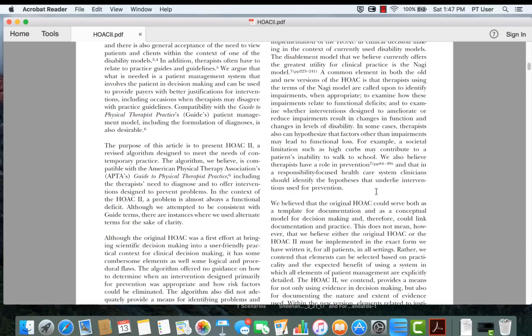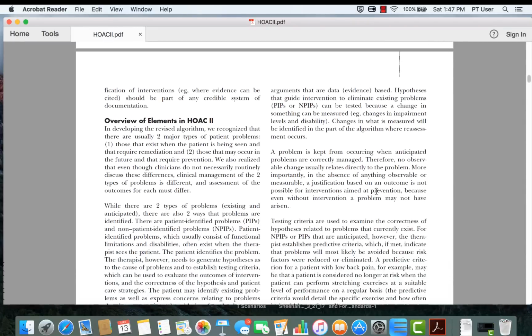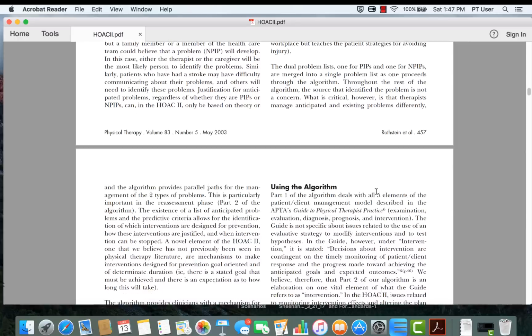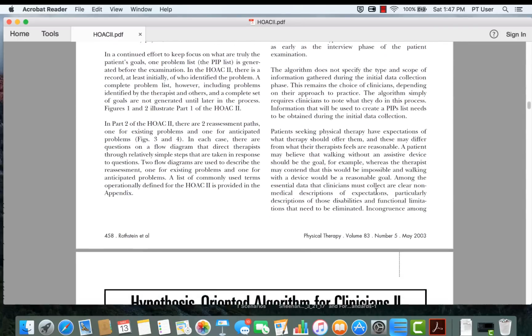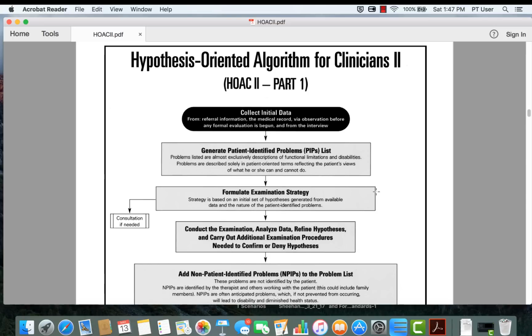You will hear both Dr. Washmuth, Dr. Bowens, and others throughout the semester and subsequent semesters talk about this model, refer to some of the steps within this model. So as we scan through, I'm going to bring you to the main part that we're going to talk about here, which is part 1 of the model. There you go. So there's HOAC part 1,